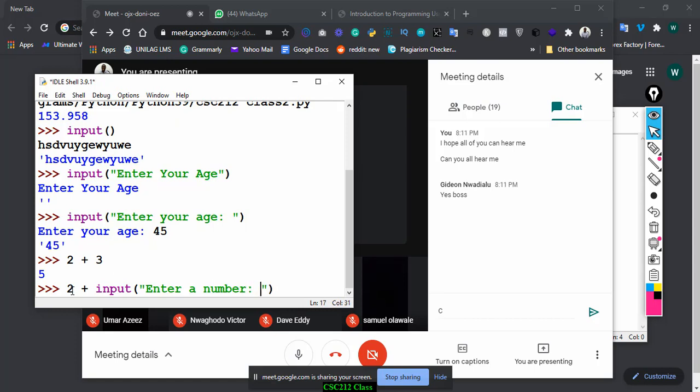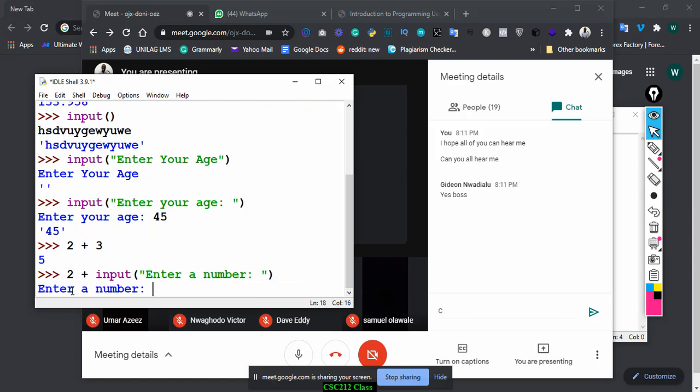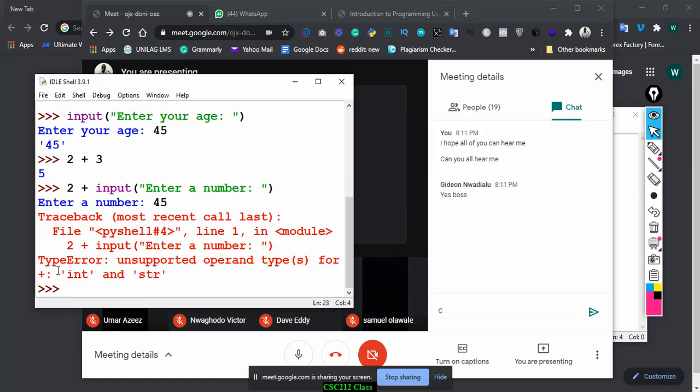Enter a number, I can say 45. You see what I'm getting here? I'm getting a type error. All these things, keep them at the back of your mind. The reason I'm getting a type error is because I'm trying to add an integer and a string